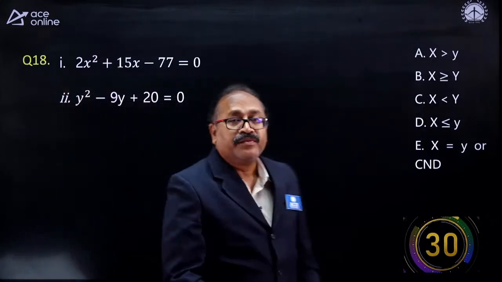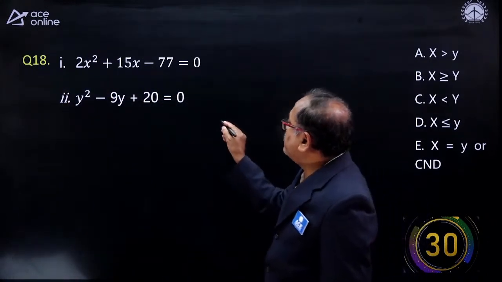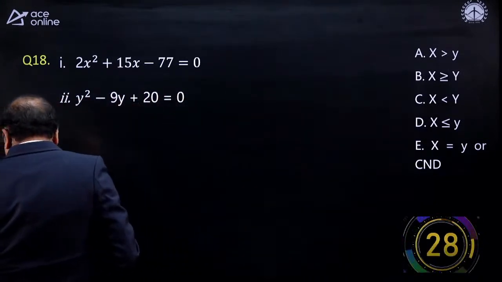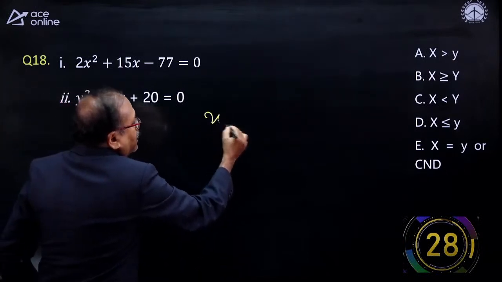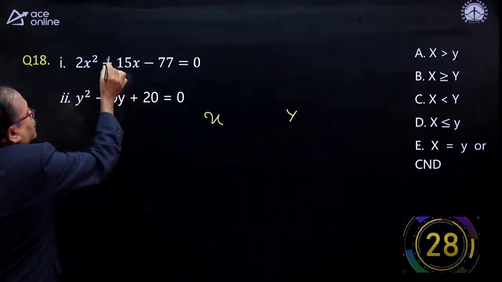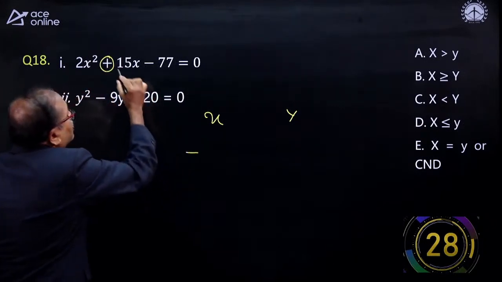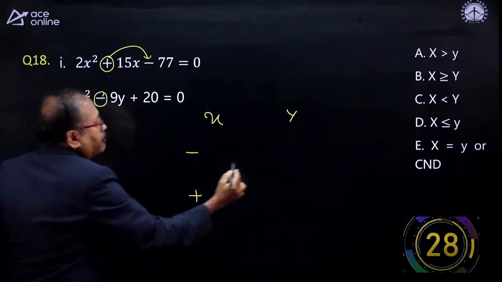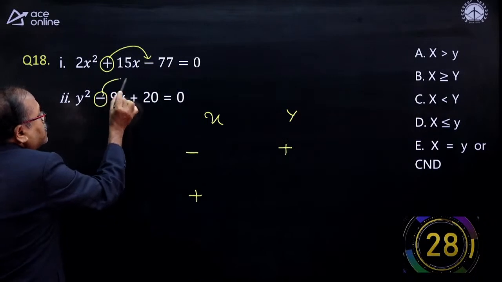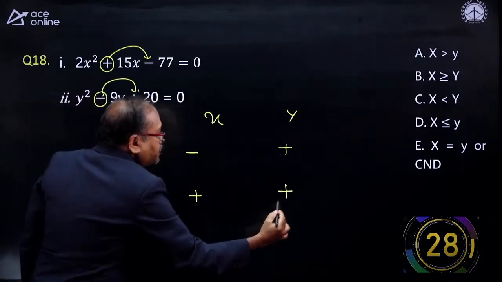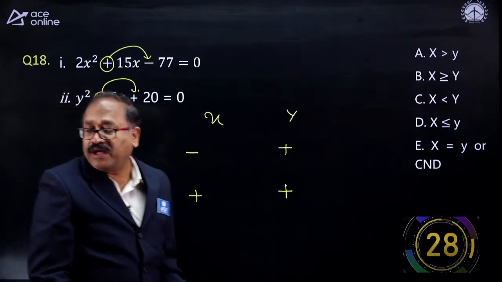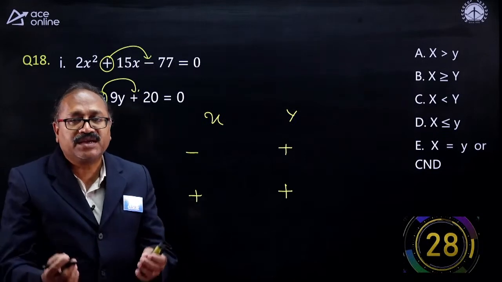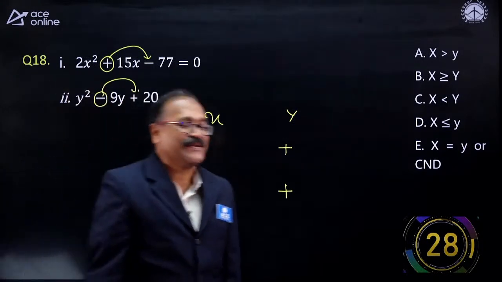Next question here. The first thing, let me write down the basics. I will be taking the x sign and I will be taking the y sign. So this plus will become minus and the plus changes the next sign, it will become plus. And here the minus will become plus, and minus does not change the next sign, so it will remain plus. So the rest part you put up the value and I will be waiting for your answer. The next 30 seconds is yours. Yes, do it.